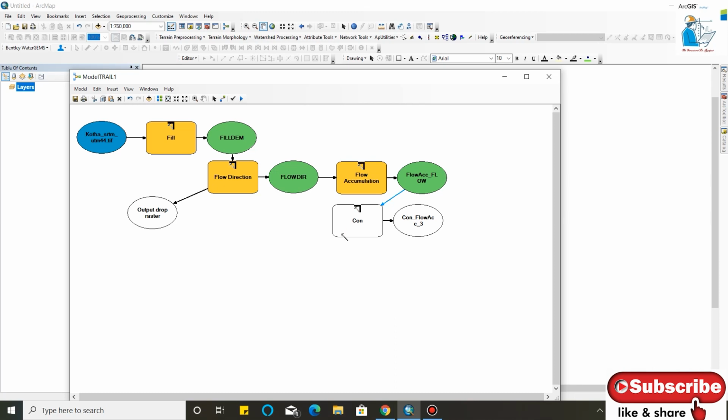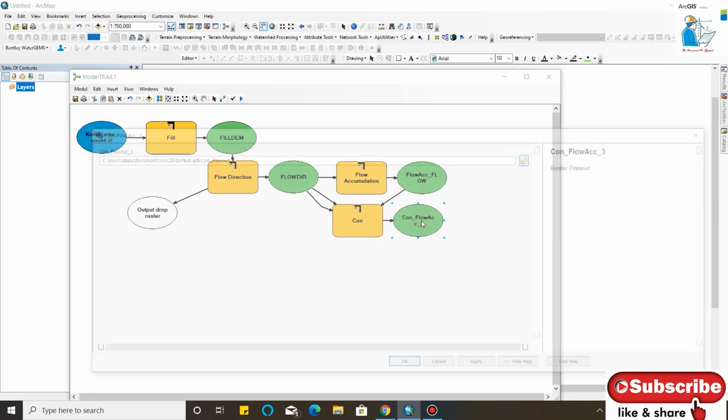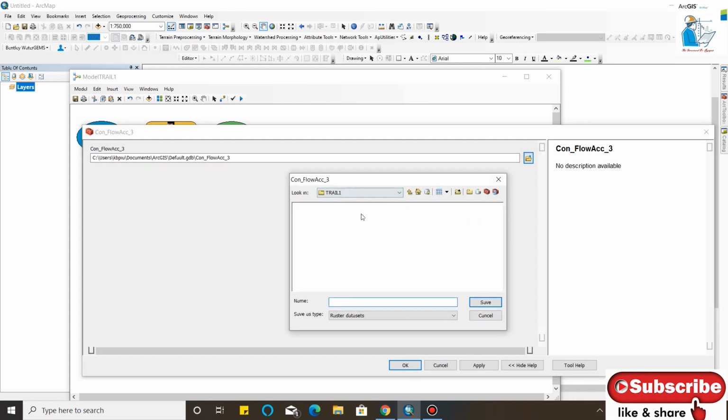If it is 1, then it will show streams. So I will connect it to the conditional as the input true raster as a constant value, and also connect the input false raster as a constant value. Okay, now I will save my conditional raster as conditional accumulation raster.